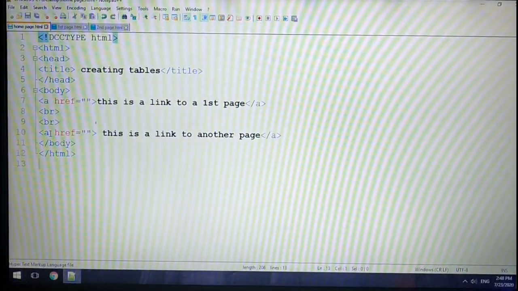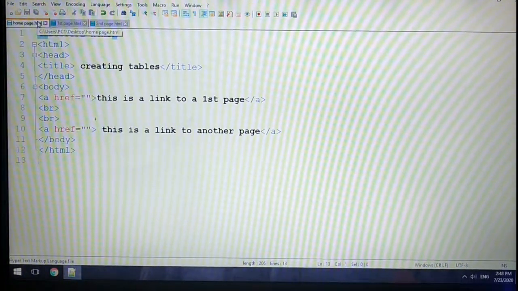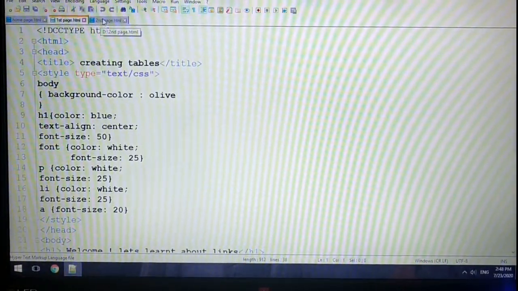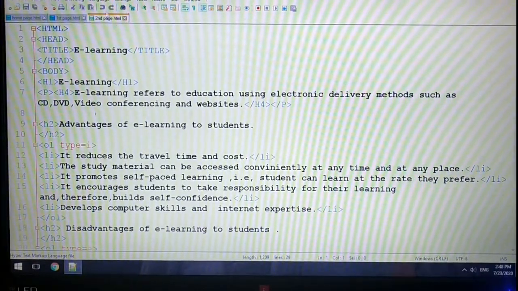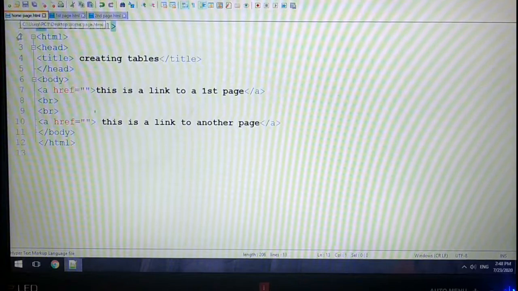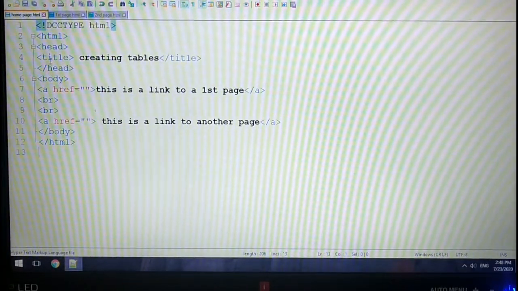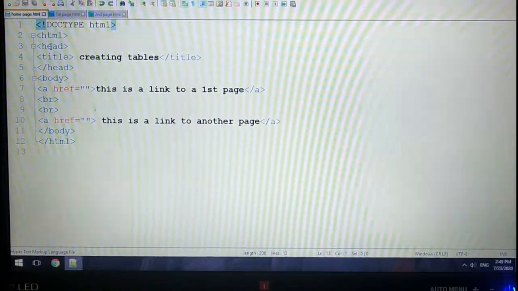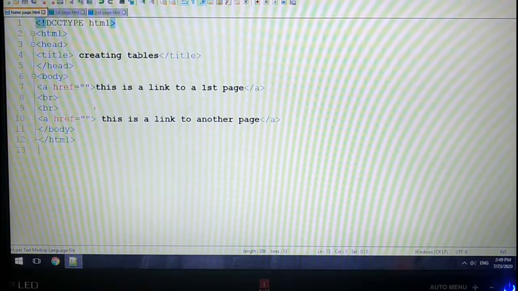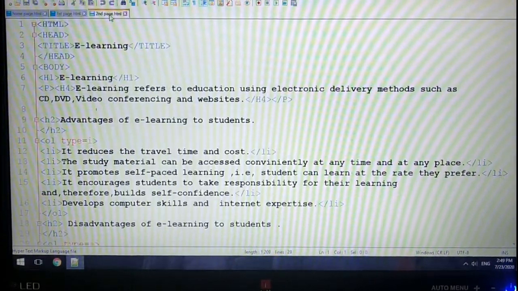Now let's learn how to link the pages. For linking pages, let's create more than one page. This is the first page, this is the second page, and this is the third page which I have created. Now save all the pages. The home page is already saved. We can know that a page is already saved if the tags are indicated in blue color and the text is indicated in black color. Like this, you save the first page and the second page also.